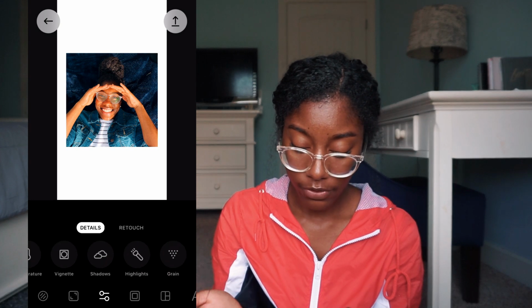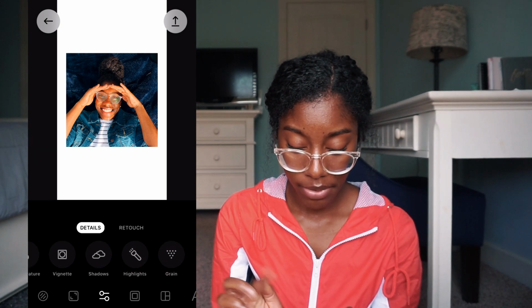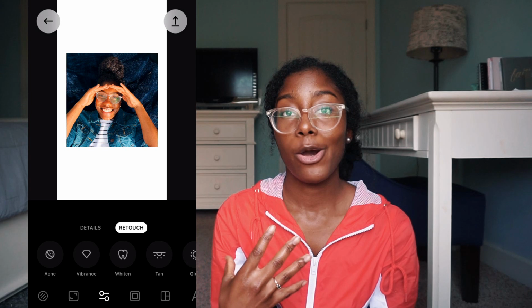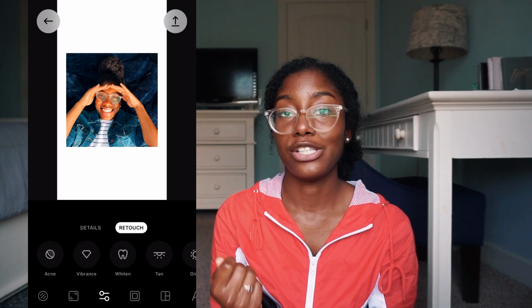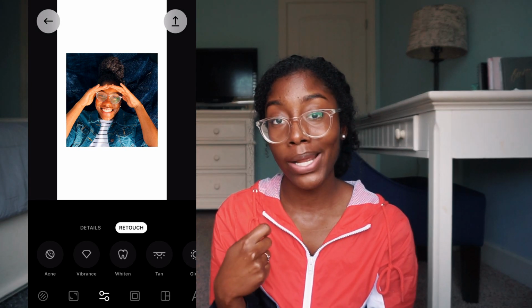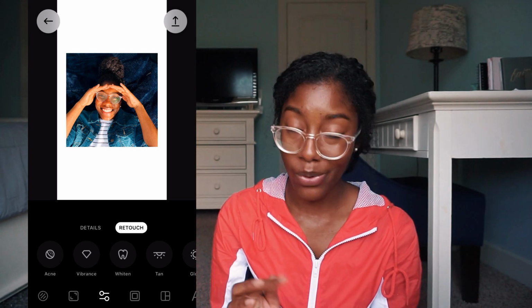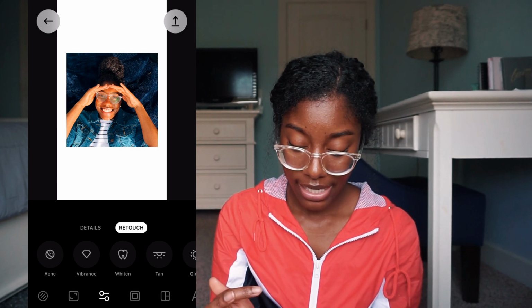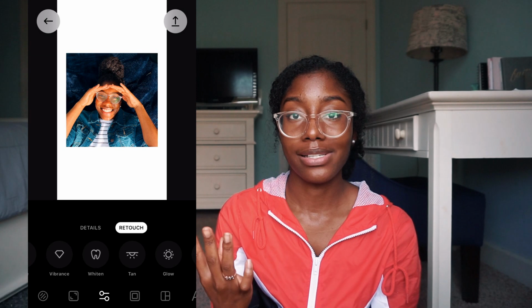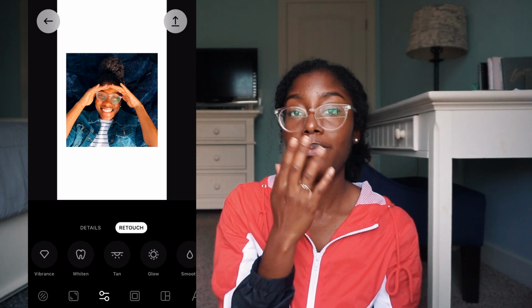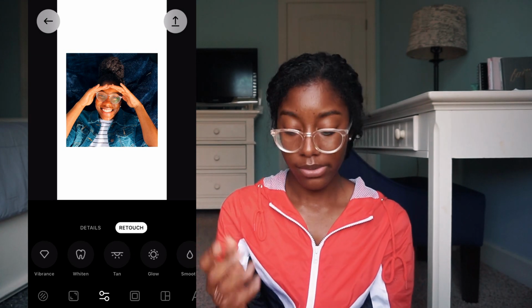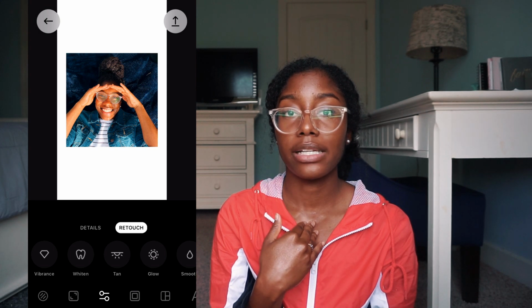Also, it has a retouch feature, so you can change everything from the vibrance to whitening. You know, my mom, when I was younger, she used to tell my sister and I to use baking soda and toothpaste to make our teeth white. But if you don't want to do that, you can just use the whitening tool for your teeth. There's tanning, and there's glow. I see a lot of people use the glow feature in general to make their pictures pop and look really bronze and golden. Personally, I don't use any of these features just because I kind of like to go